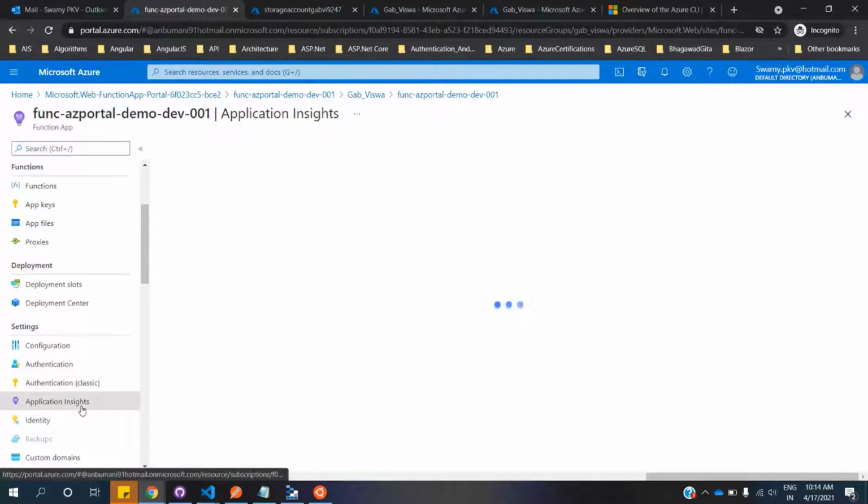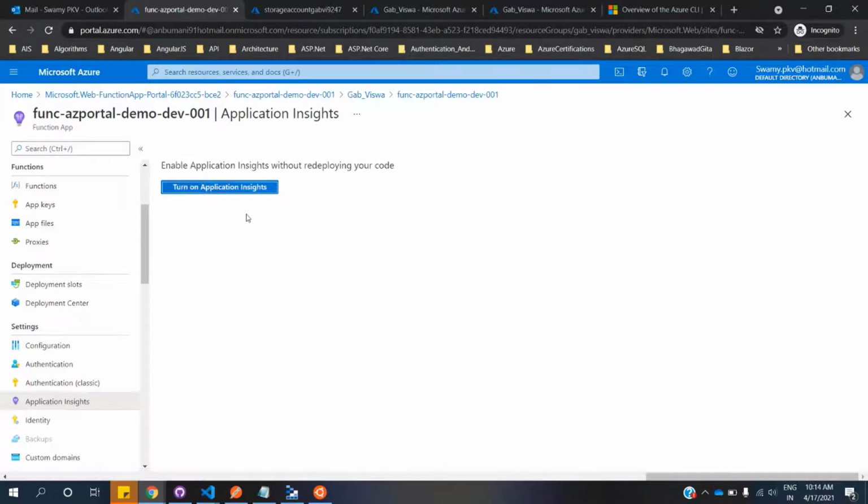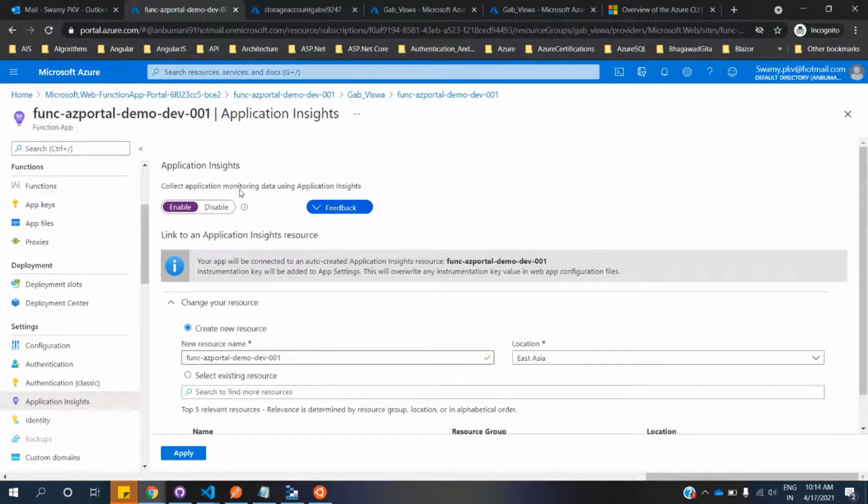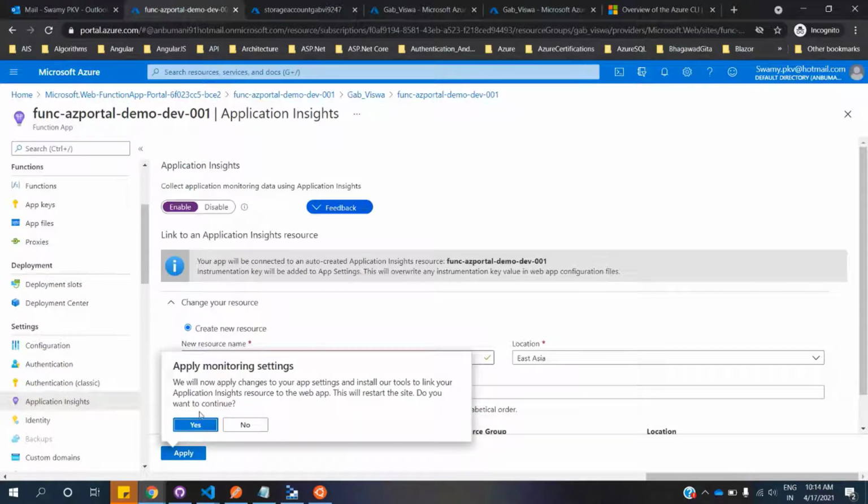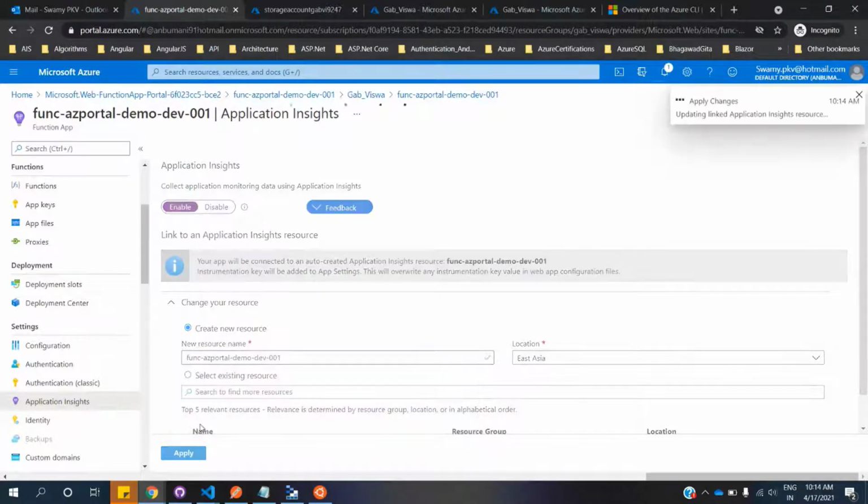So I'll come into this application insights and turn on application insights, and in the resource group, create a new one. I'll click on apply. That goes and creates the application insights.